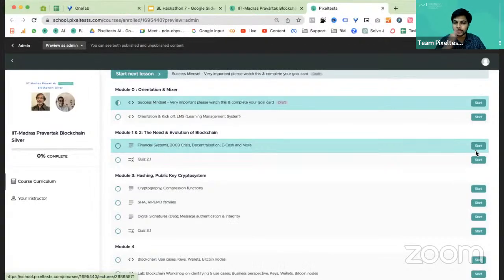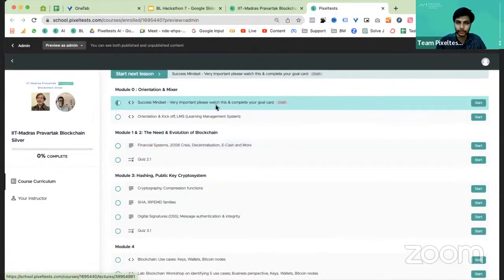The live session keeps happening in a repeated cycle. First we started from 0 and continued with 1, 2, 3, 4. Right now we are in the 7th module, and after the 10th module, we are going to start from the beginning again. So these hackathons keep happening in the same cycle, and you need not worry. If you have a query in any module, let's say you are in module 3 and we are in module 7, while revising towards the end, you can ask your questions as well. That is the format of this.